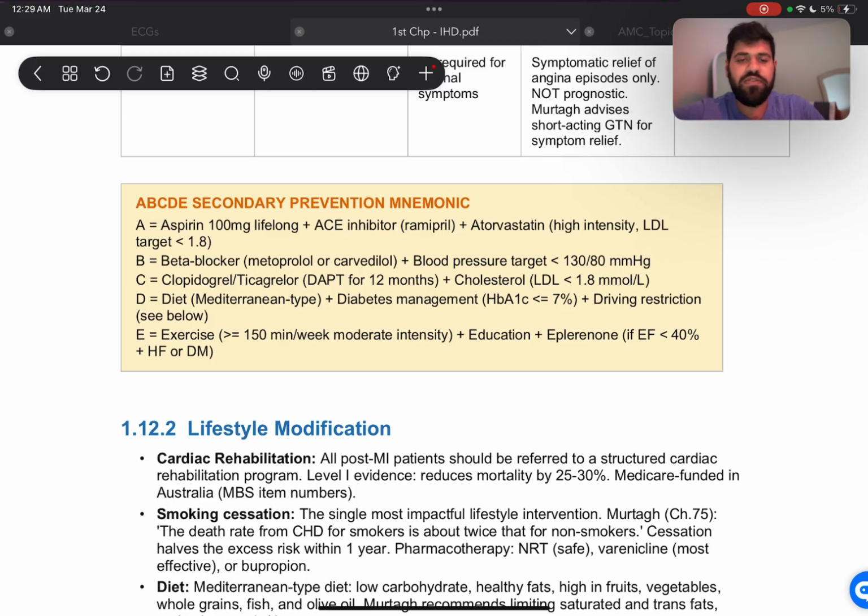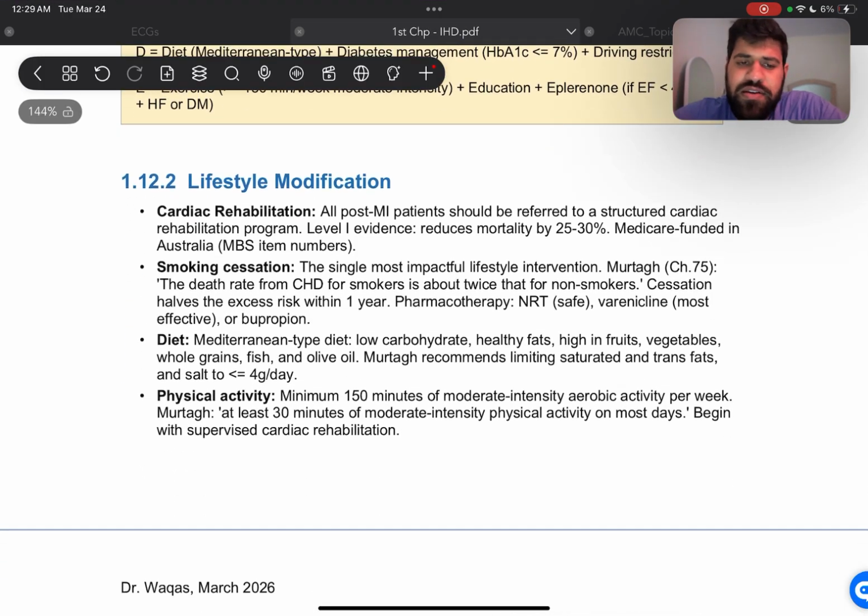So we'll come to the driving restrictions below, because those questions are getting more and more common, not just for MIs but also for diabetics, for epilepsy, for a lot of neurological disorders as well, so post-stroke as well. Then exercise more than 150 minutes per week, moderate intensity, education, eplerenone if ejection fraction is less than 40% and there's heart failure or diabetes mellitus. So cardiac rehabilitation,